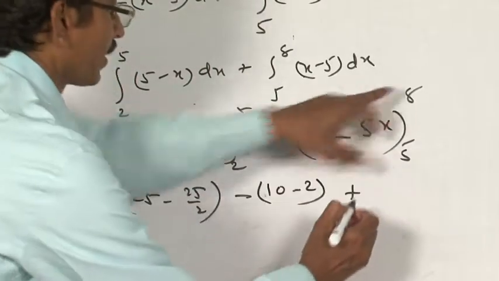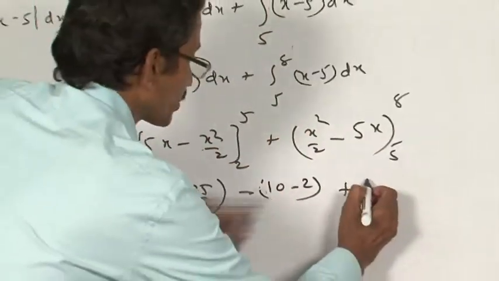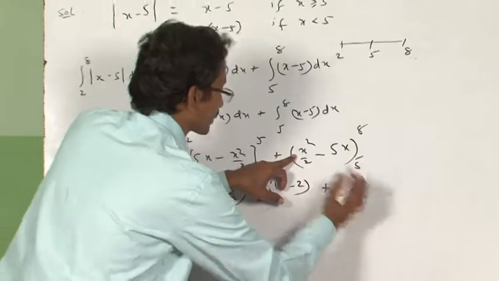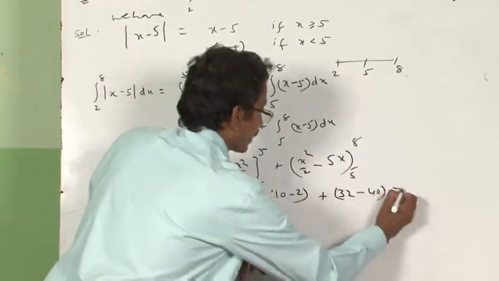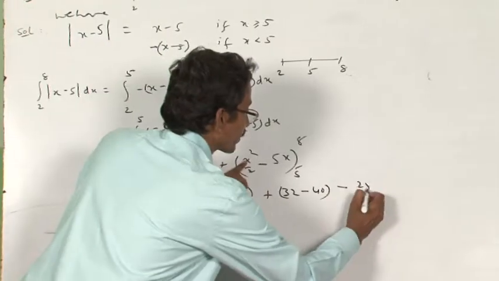Next, plus, with x equal to 8, 64 by 2 is 32 minus 5 into 8 is 40, minus of 25 by 2